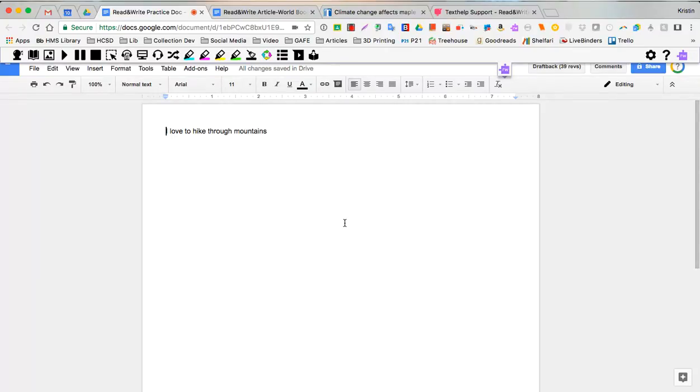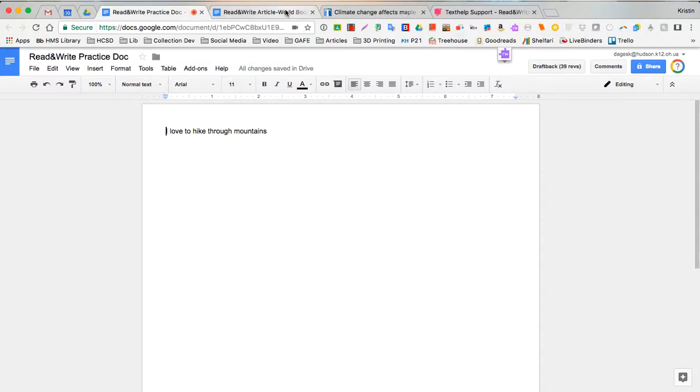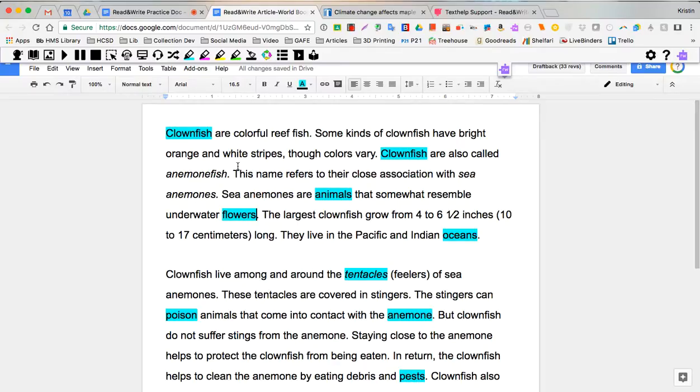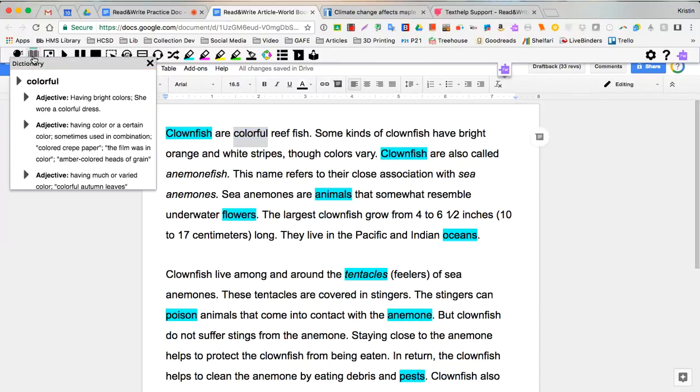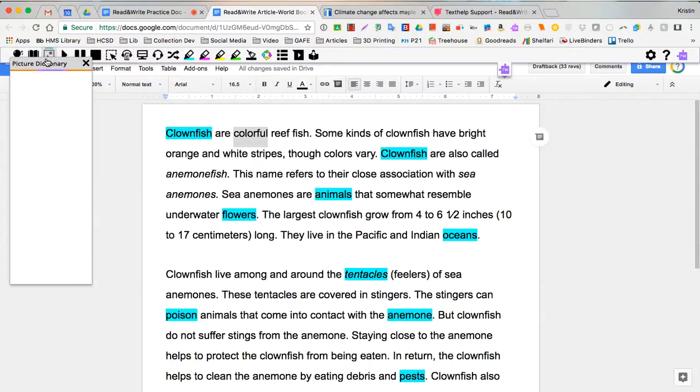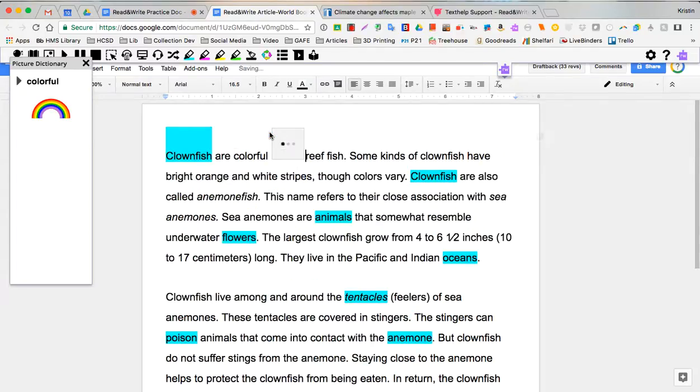And then there are some dictionary and vocabulary tools that are built right in. And it's kind of incredible what you can do. You can highlight a word, click the dictionary, and it'll give you all of the parts of speech and their definitions, and then you can play that and it will pronounce it for you or read it to you. And then there is a picture dictionary right next to it. So whatever you have highlighted will have a little image that I can then click and drag into the doc if I wanted to,